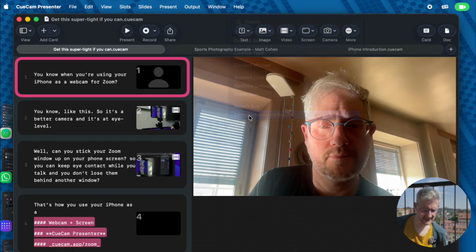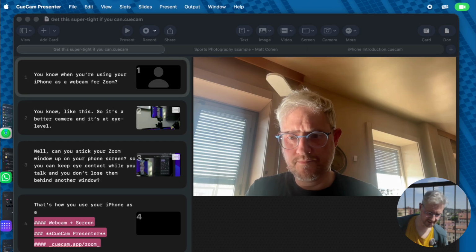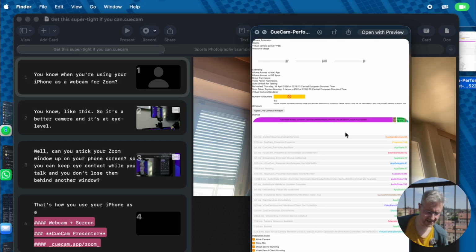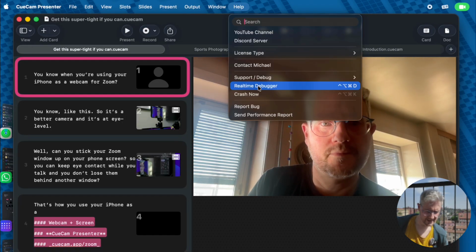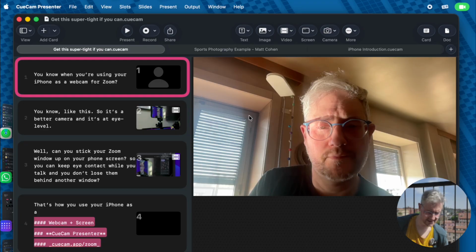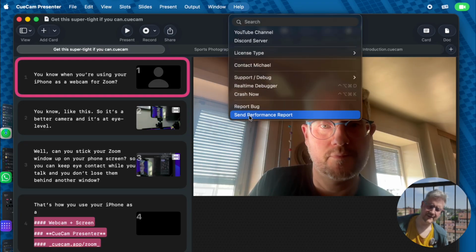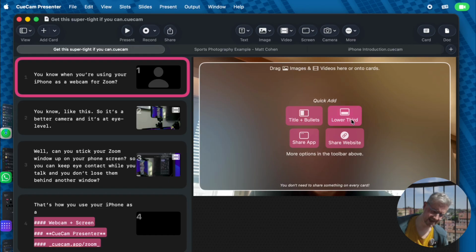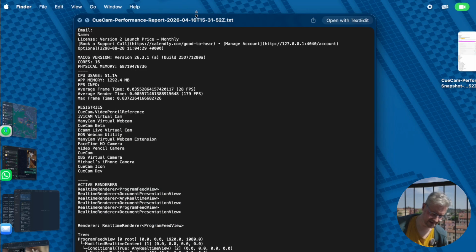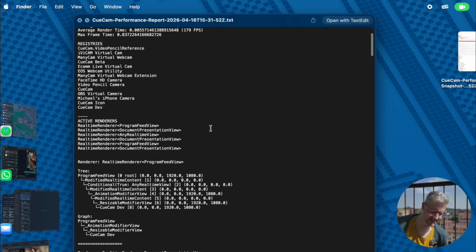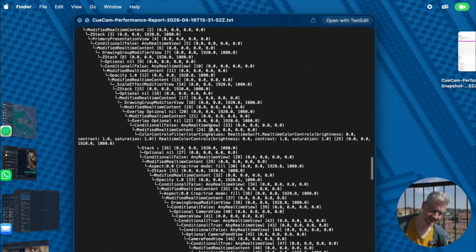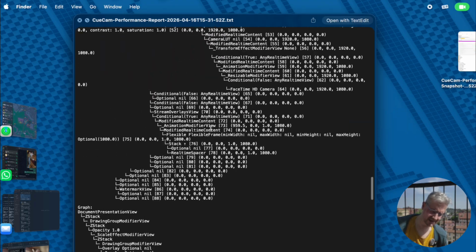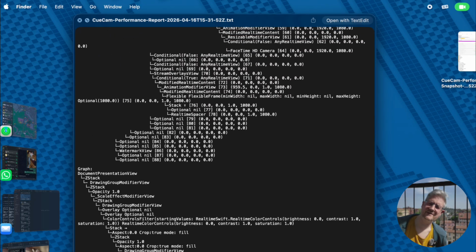But the other thing I've done is added this ability to share a performance report. If you saw just then, it now gives you the ability from the menu. I don't know if you saw that. Up there is send performance report. So if you have any issues while you're running, you can actually send that to me. What that's going to do is give me this, which shows me everything that's going on, the view hierarchy and the real time stuff. So this is my hope to start to be able to diagnose some of the performance problems. I know that certain cameras are causing issues, but anyway, it will create an email,